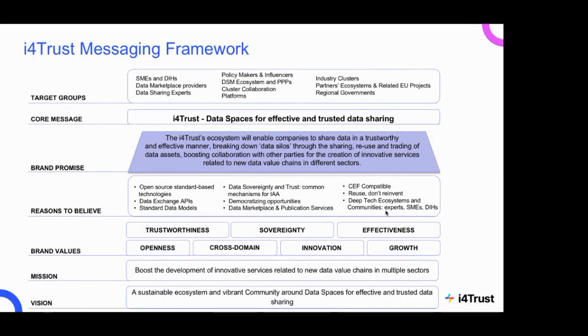I don't know if you already saw this framework when building the I4Trust brand. This is the first exercise that we did, and I wanted to share it with you all because I suppose that you did not see this kind of slides. This is the content that you can see in the website or in any brochure or flyer related to I4Trust. And it is good to share with you because at the end we need to share a common goal. So here is the basis of I4Trust branding, and